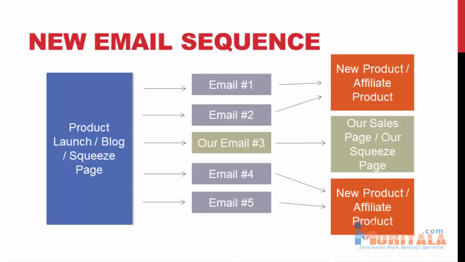So basically what we're going to be doing is finding people who have large email lists inside of our niche. We're going to be contacting them, and working with them so that they will place our email swipe inside of their email sequence. Let's say they're sending out an email every other day. We're going to slip in there and see if they'll send out our email on one of these days instead of their own, or if they don't have anything to send out, they will be more willing to send out our email instead. It's a really simple but very powerful method.